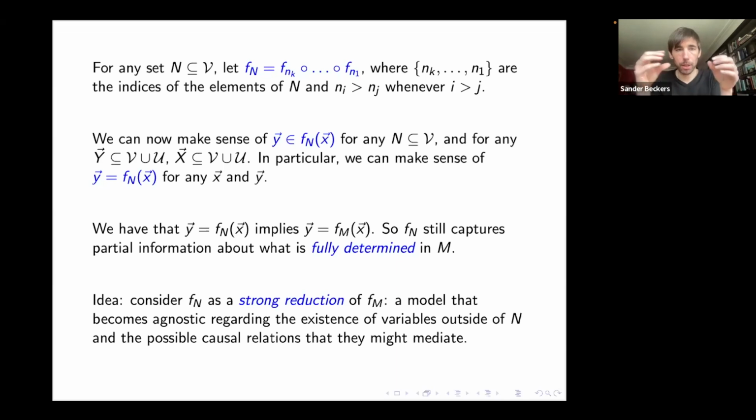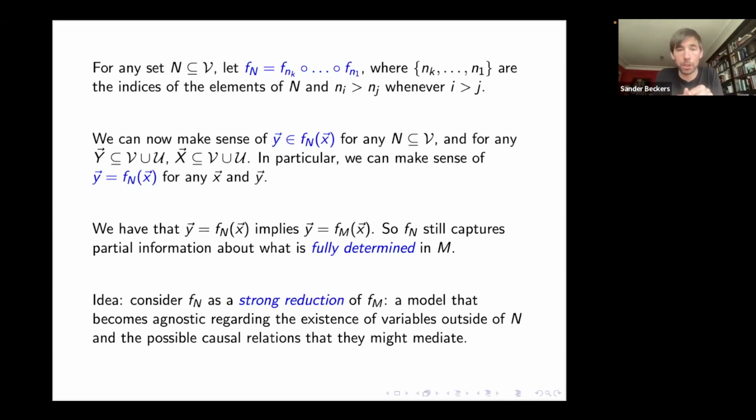So in this sense, considering a function fn and considering what relations of full determination this still allows, gives you a way of viewing this as a reduction, a strong reduction of the original model, so that all the information about the full determination that we have is maintained. It's still there. It's just that it might have lost a lot of other interesting determination relations. So you're just becoming agnostic regarding a whole bunch of relations that were there in the original model. You don't know what they are anymore.